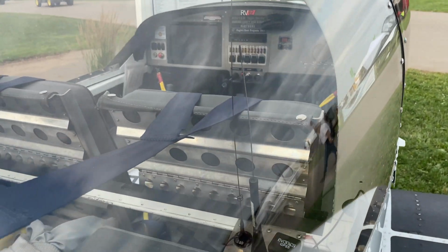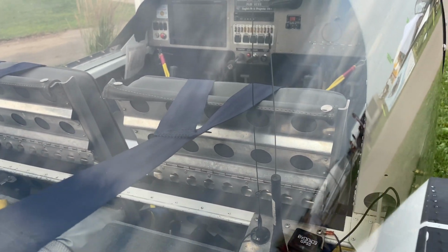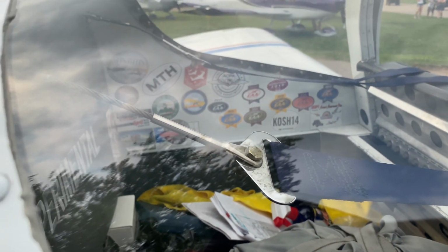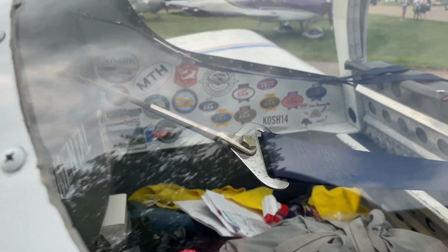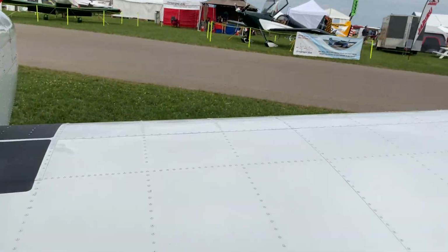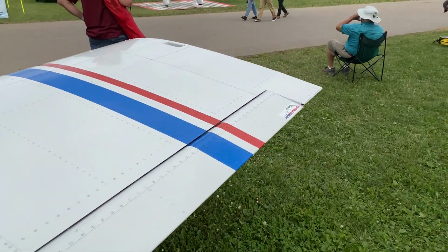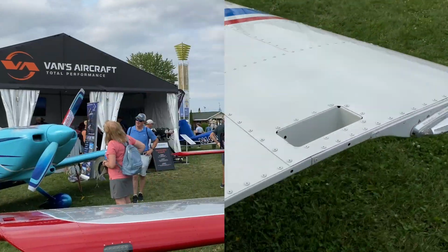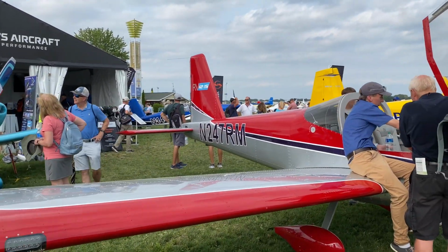Take a look inside. This is the original Dynon Skyview Touch system. Have some bumper stickers inside there. That's pretty cool. Now we're going to go down to the Vans booth and take a look at their RV-12 that they have down there. There is a factory plane,